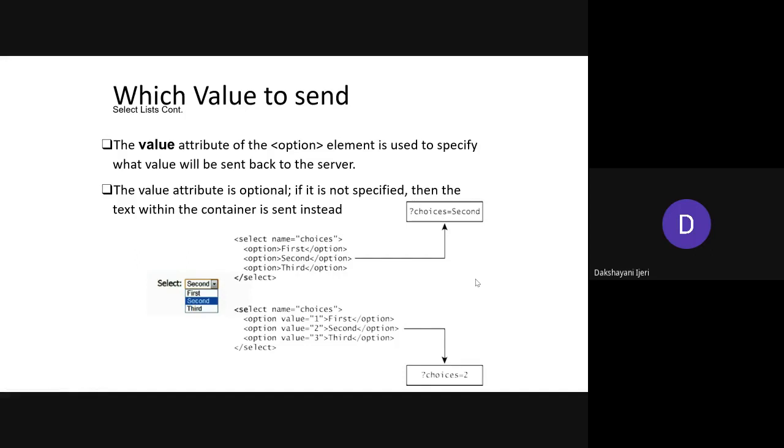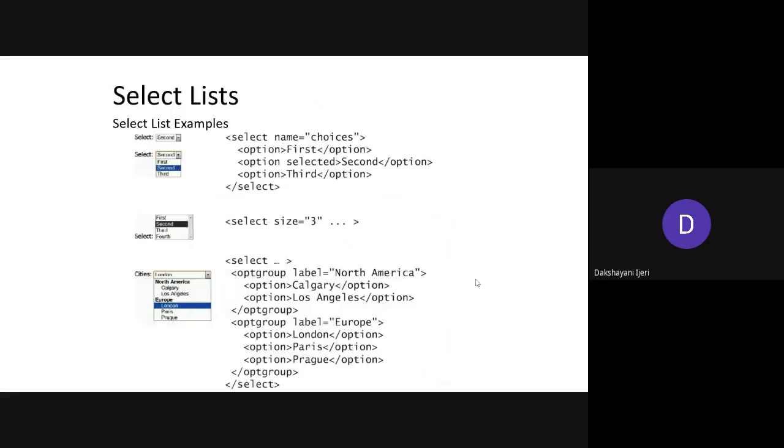So coming to the next one, I told you that you are going to choose one of the options. Does anyone have any doubt over here? In the case of the input text, that is when you are going to read any text value from the user, at that time you create every individual element with the name as an attribute, which tells that whatever value is given by the user will be sent to the server using the value that has been taken for the name attribute.